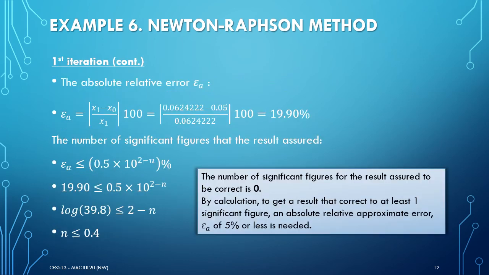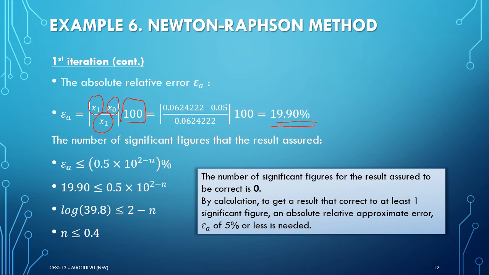Now for the absolute relative error, epsilon_a is equal to the current estimated root minus the previous estimated root, divided by the current estimated root, and we need to multiply by 100. Okay, so we get 19.190% for the absolute relative error. And for the number of significant figures that the result is assured,